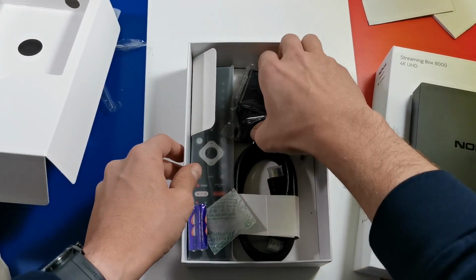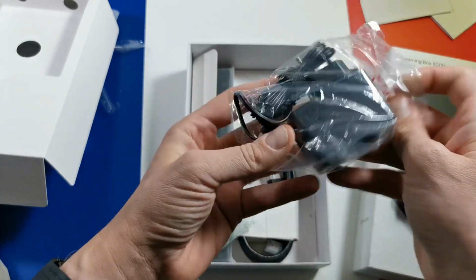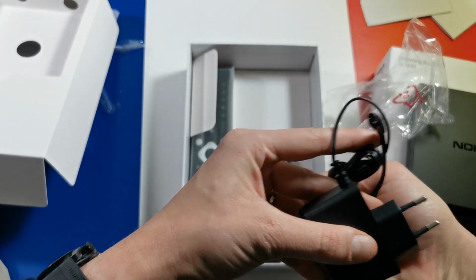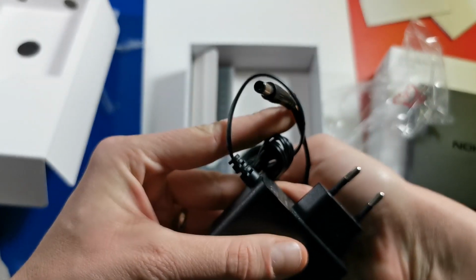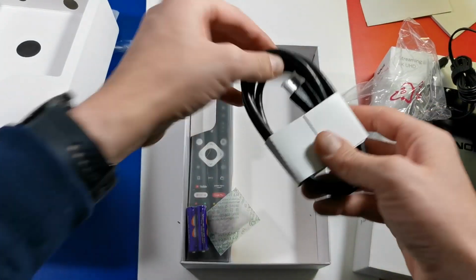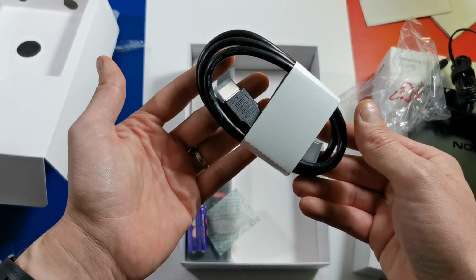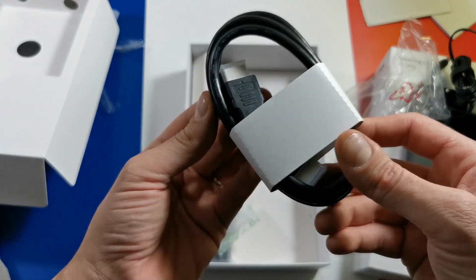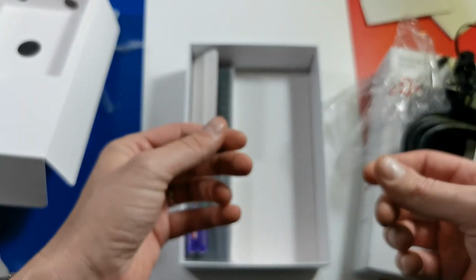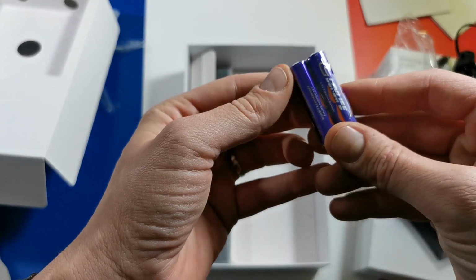So here we got a charger. It's not a Nokia charger. Hope you can see this. Okay. We got the standard HDMI cable, probably 1 meter in length. You got these silicone beads, AAA batteries, 2 of those,